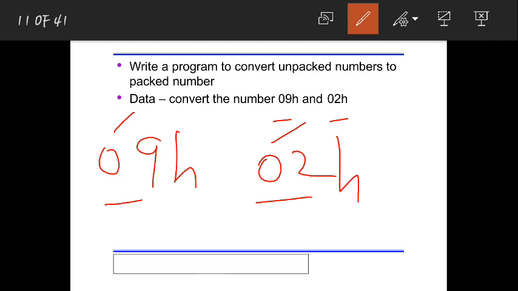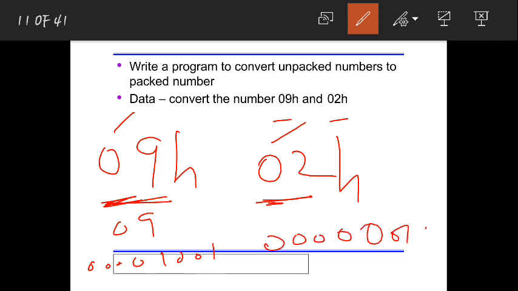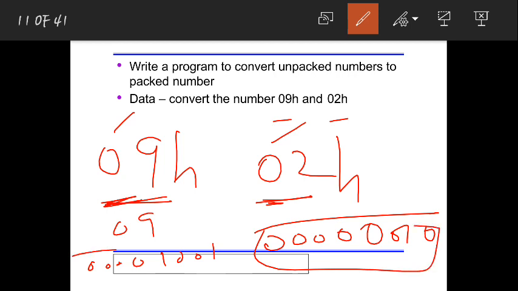So if I try to send both, I can waste my memory space, because here I have 0 and here I have 0. In both places I have 0. So to send this I need to send 09. That means for 0 I need to send 0, 0, 0, 0, 4 bits, and then 9 is 1, 0, 0, 1 in this way. Next, for 02 I need to send 0, 0, 0, 0 and 0, 0, 1, 0. This complete 8 bits I need to send. If I want to send this data, then I need to send these complete bits. So by sending the unpacked data, I can just waste my memory. See, these are 4 zeros. I am just wasting my memory.